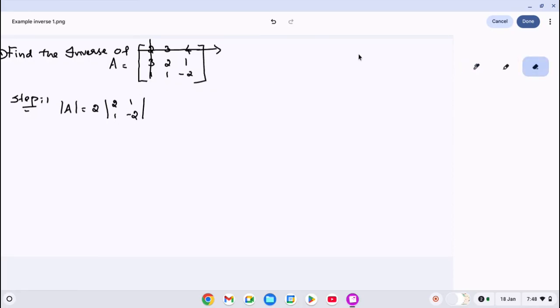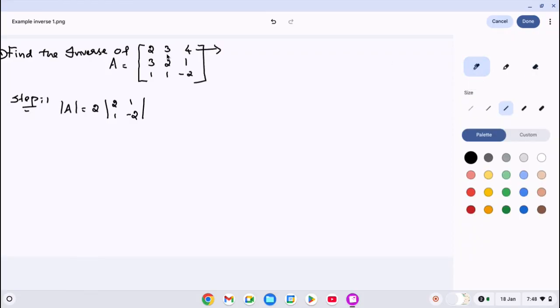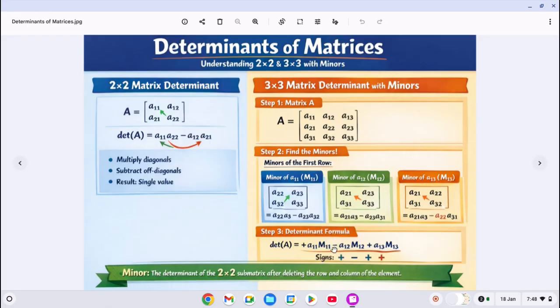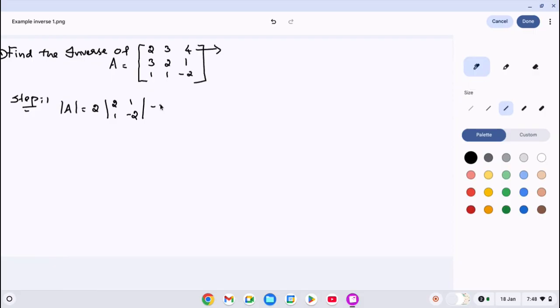Then you have to take the second element of the first row, but you have to put a minus sign here. See the formula here, for the second element you have to put the sign minus. So minus 3, and you have to omit the corresponding row and column of that element. What are the remaining elements here? 3, 1, 1 and